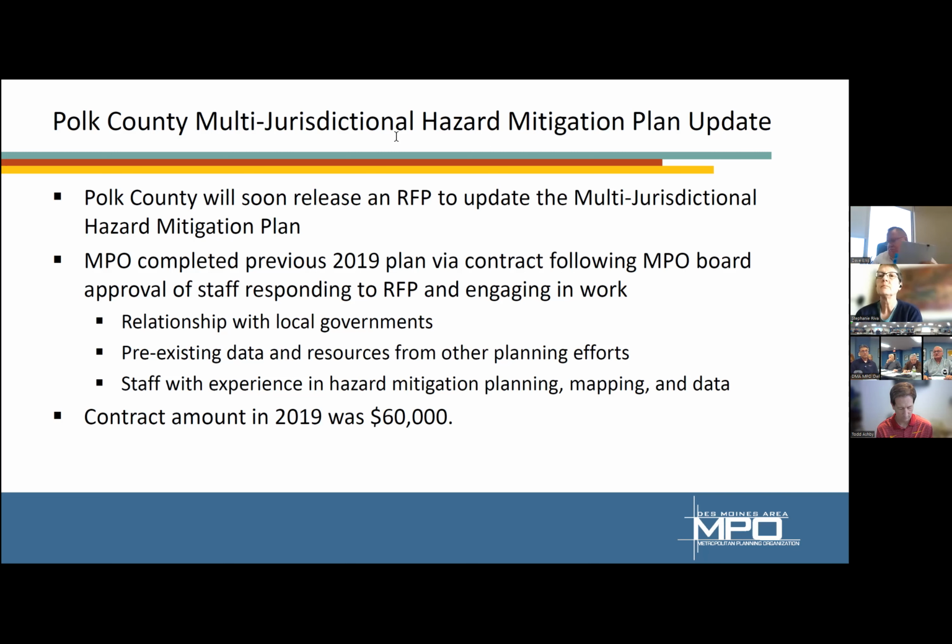Because emergency management initially asked for us to provide these services. I know that AJ did, so I don't know what discussions you've had with them recently, Dylan. I don't know if we've had as many direct discussions this time around. We've been told that when the RFP is sent out, emergency management will set it up. Cameron and I have been talking about a number of different transportation hazard mitigation projects that we want to get on the ground, and it's come up in a handful of conversations, but there's been no commitment that we would apply, submit a response, or take on the contract.